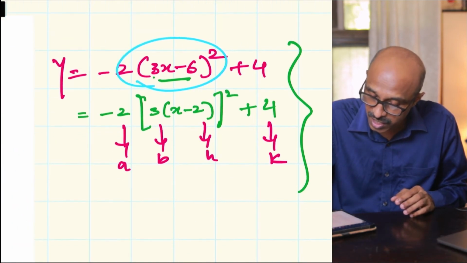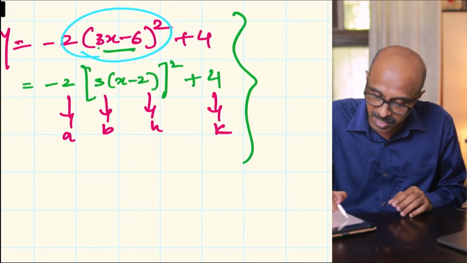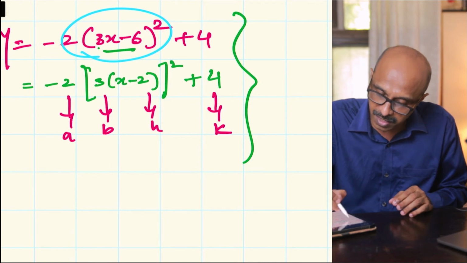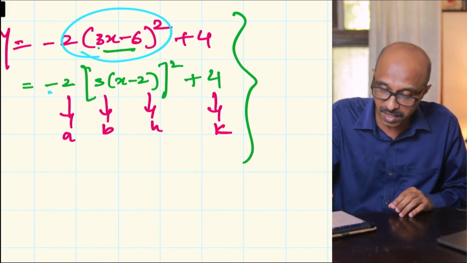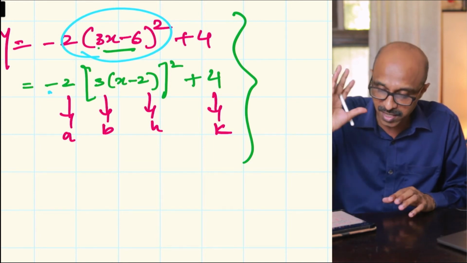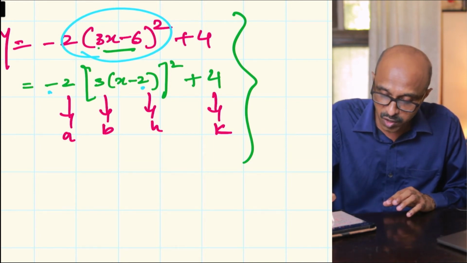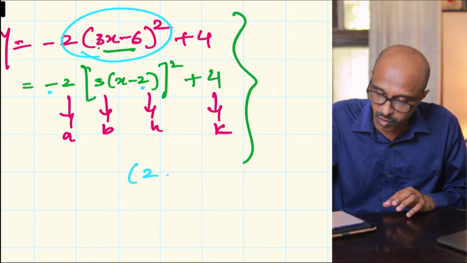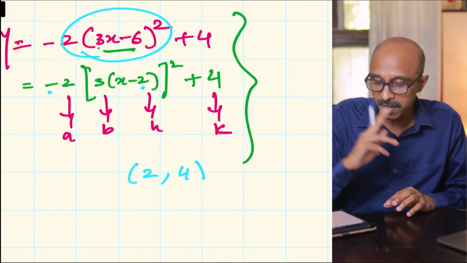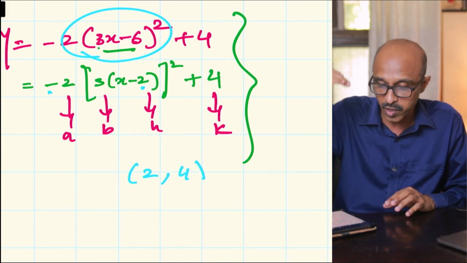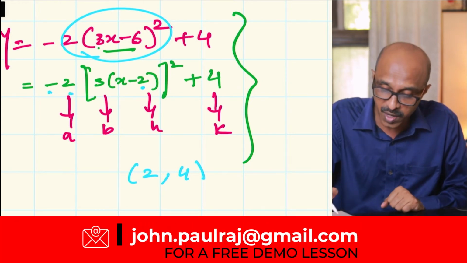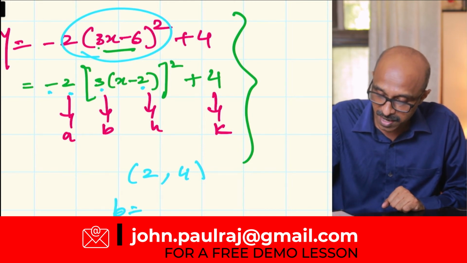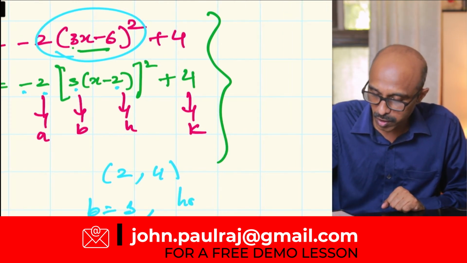So in this particular case, you know that there is a reflection about the x-axis of this parent quadratic function. The new coordinates of the vertex are going to be 2, 4: 2 units to the right and 4 units up. There's going to be a vertical stretch by a factor of 2, and there's going to be a horizontal compression. That b is 3,